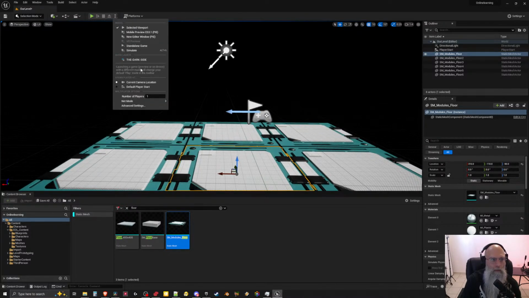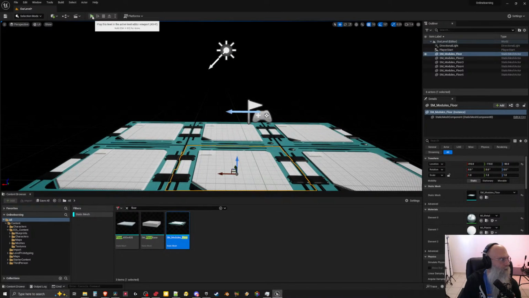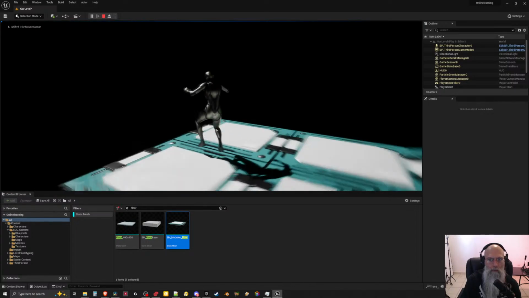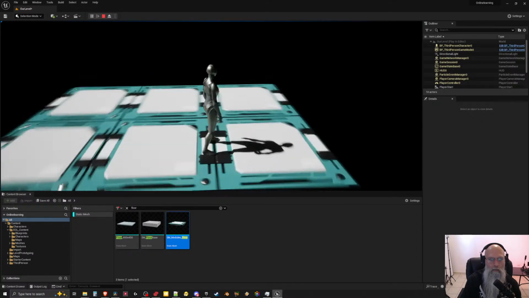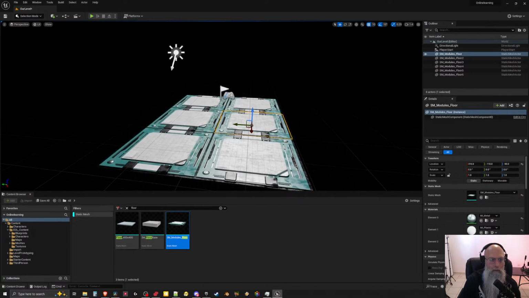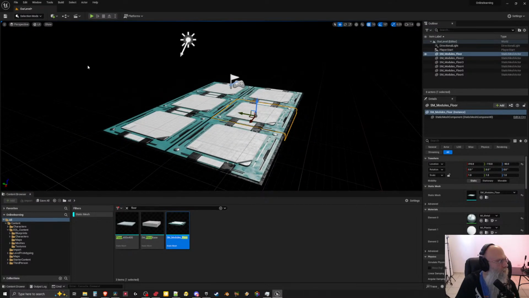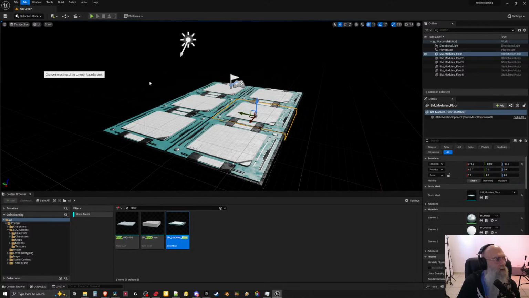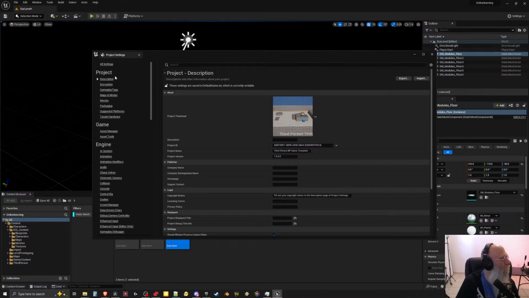Because we started with the third-person template, we automatically have our project set up for using the third-person template. That means our game mode is designed to use our third-person character with certain settings designed for it. If we go up to Edit, Project Settings, we can open up the project settings. On the left-hand side, we have maps and modes. Here we can see the default game mode is the Blueprint